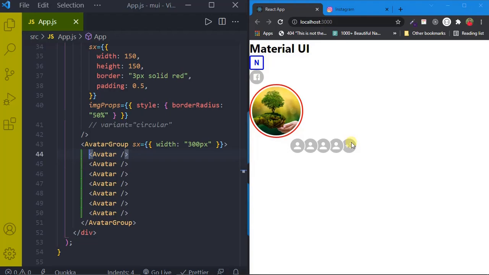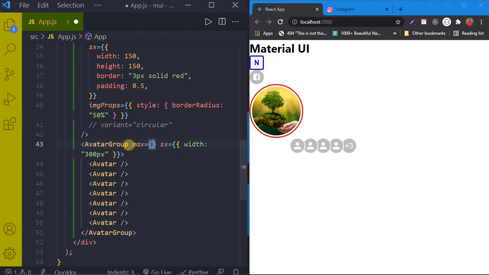Now coming to the customization, what if you want to show only 3 avatar images, or let's say you want to show more, that is 5 avatar images? We can do that with the help of a prop called max. Now how many avatars are we able to see over here? 4 avatars and this +3 one, right? Now let's say you want to show only 3 avatars and a +4. In order to do that, we can just pass 4. Now just press Ctrl S, save. See, now we are able to see 3 avatars and one more thing, +4.